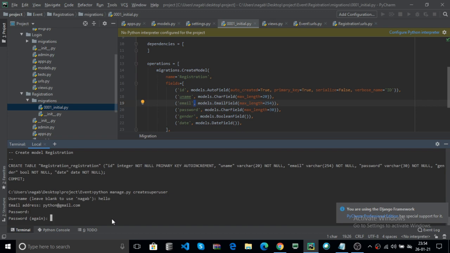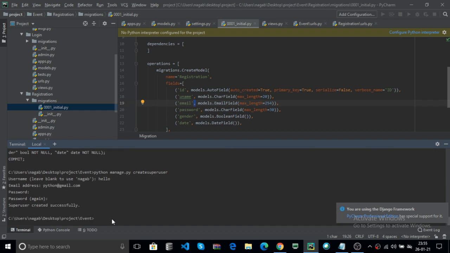If both passwords match, it returns the message, superuser created successfully. Otherwise you can enter the password and password again. Now I created one superuser. The superuser is called our admin.